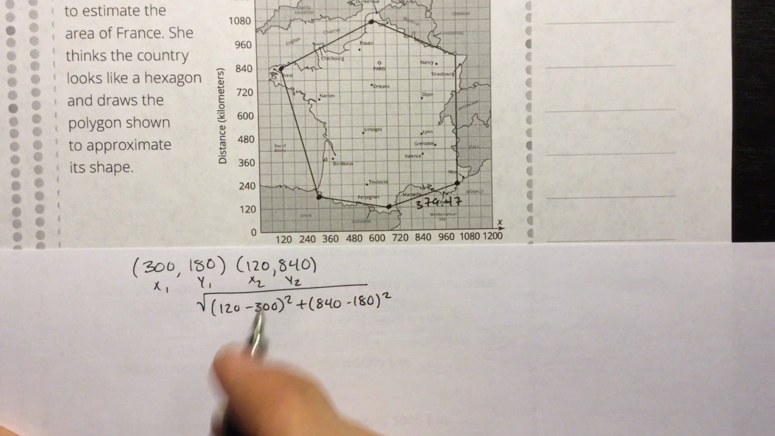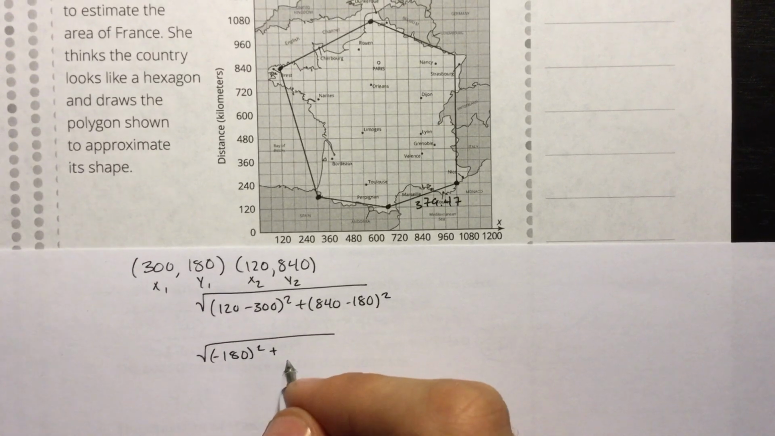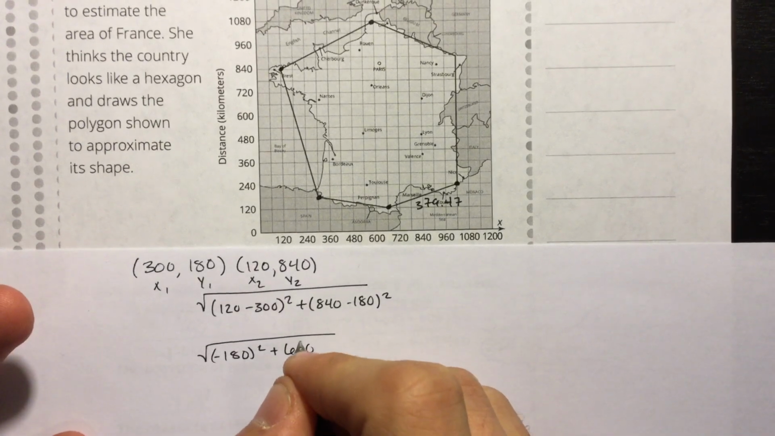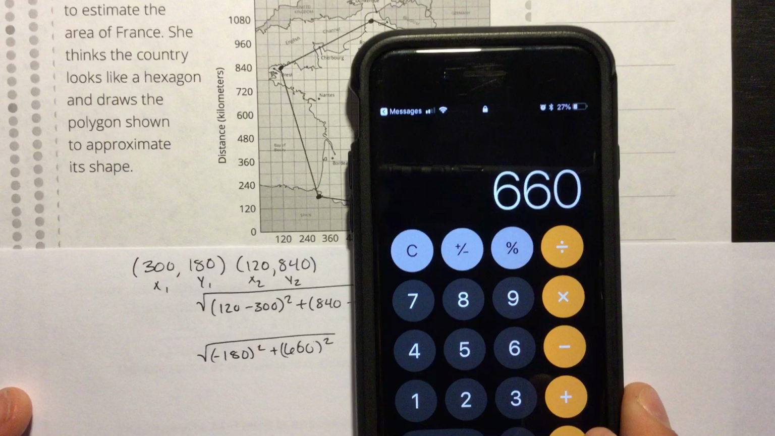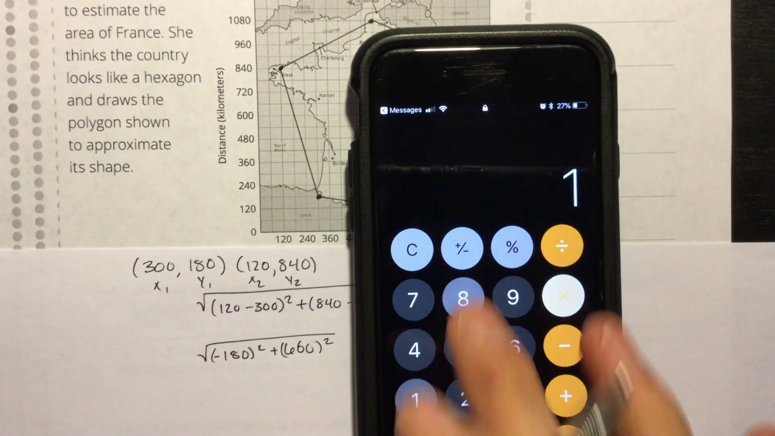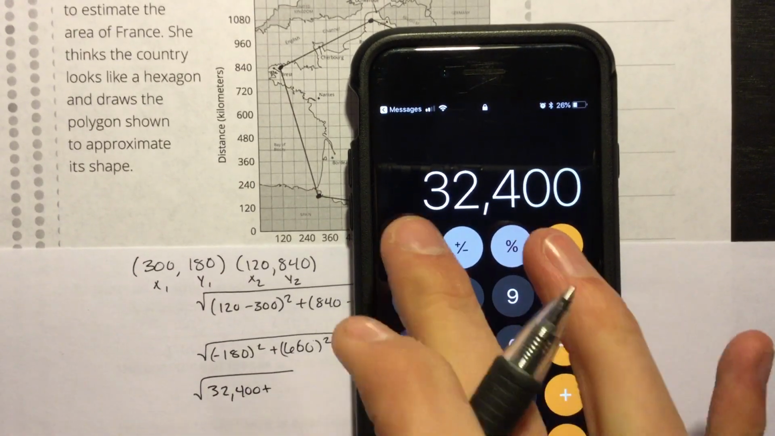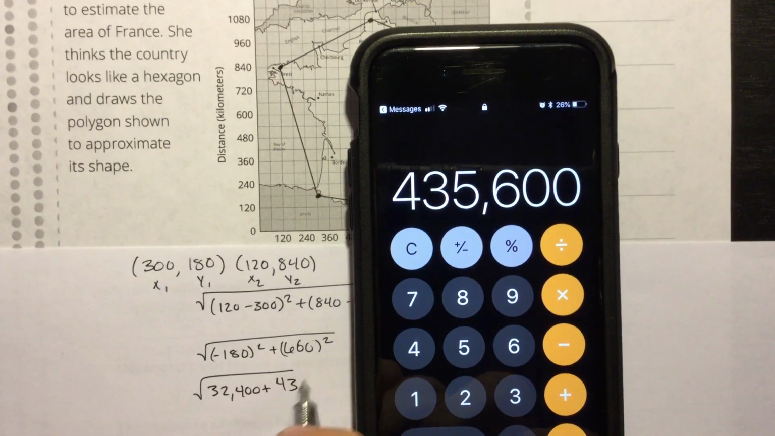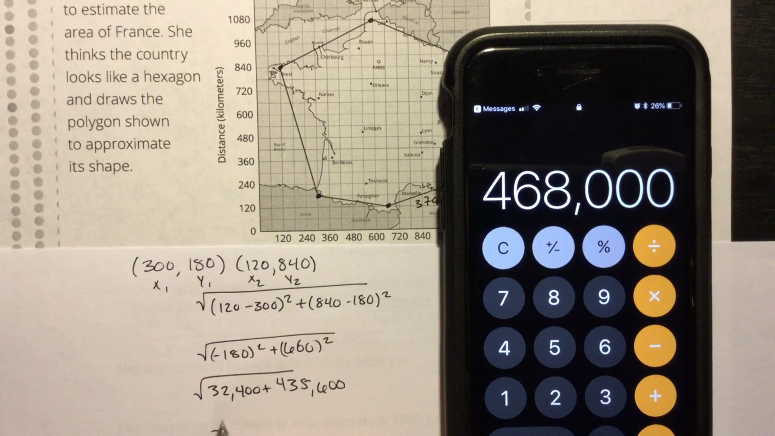Okay, so this is this random coastline here. So now I have negative 180 squared plus 840 minus 180. Ooh, I could maybe do it in my head, but just to be safe. Okay, so you get 660, and we're squaring that. So now, I'm not going to do negative 180 times negative 180 because it's just going to end up being a positive number anyway. So I have 32,400 plus 660 times 660, 435,600, plus that 32,400 gives us the square root of